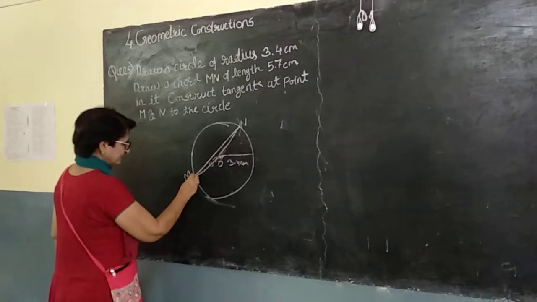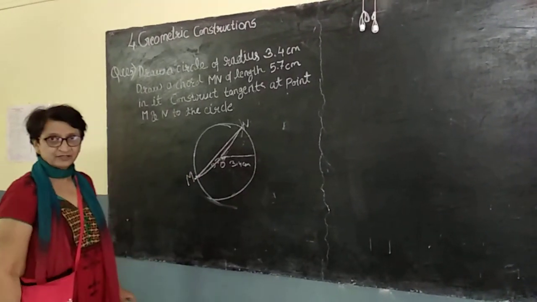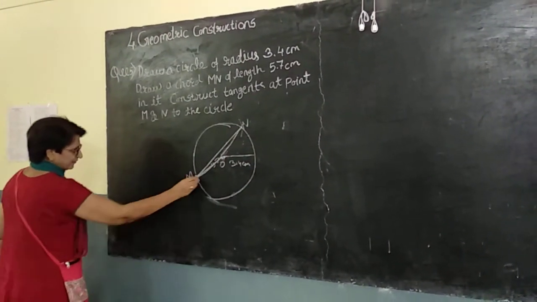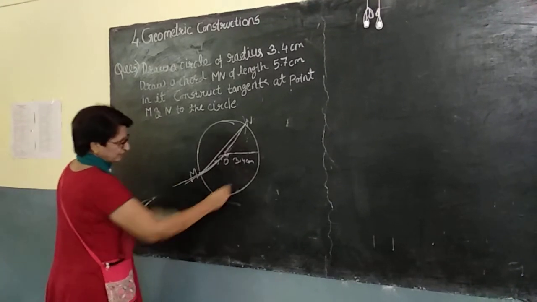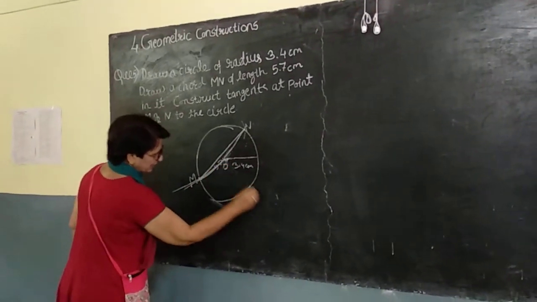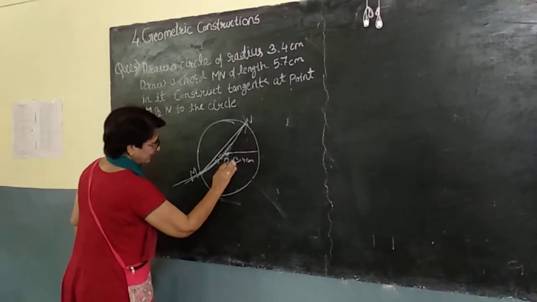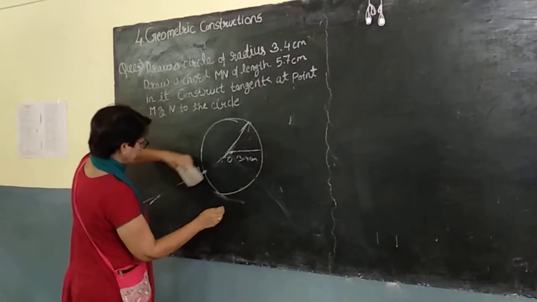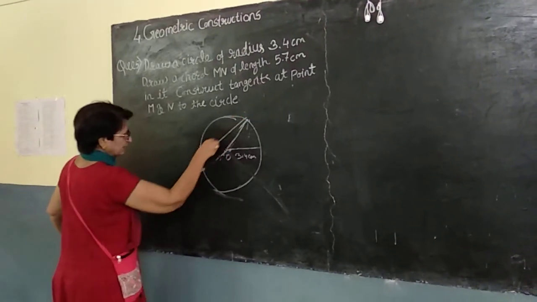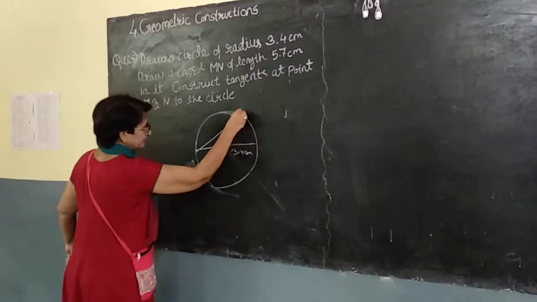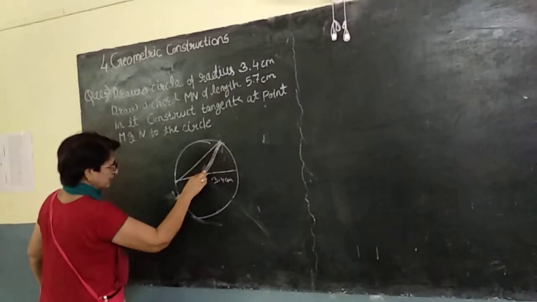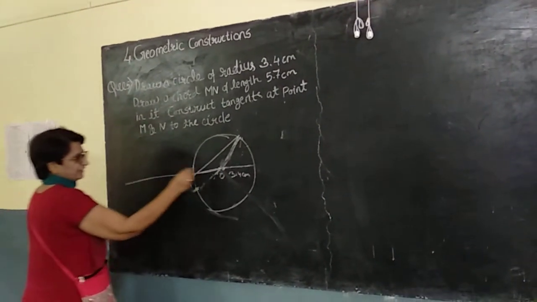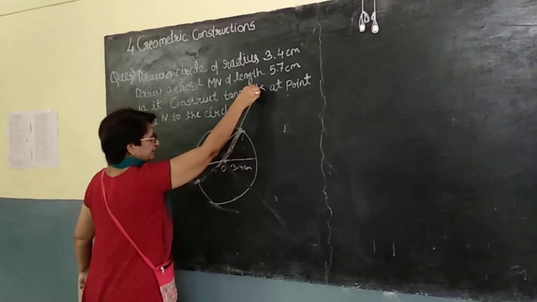We will have to imagine that this is the point M, right? So when you are joining it like this, then extend it like this. Extend it. Like here, what we used to do is to extend it like this. So in the same manner here also, let us draw it properly, a little bit more clear for your vision. Supposing the line was here, the chord like this, okay? Joining it with the center, take it like this, and here also on this side, draw it in this manner.